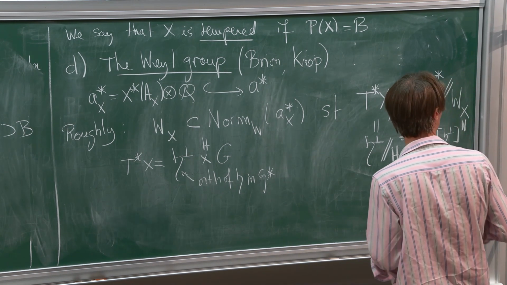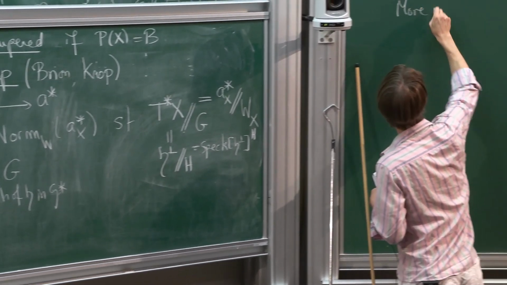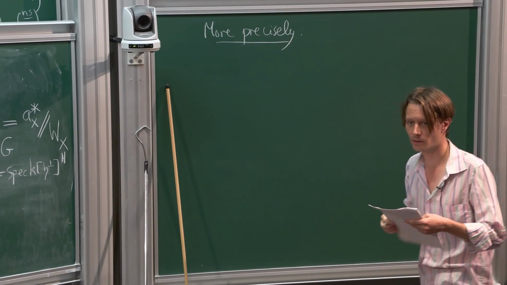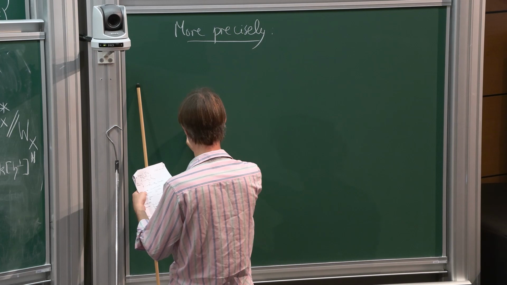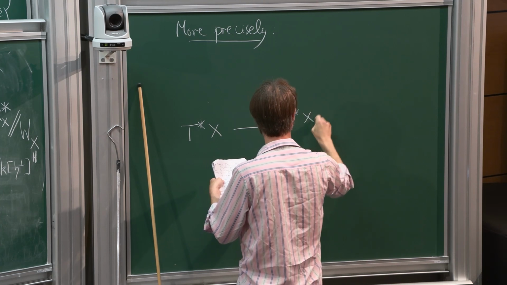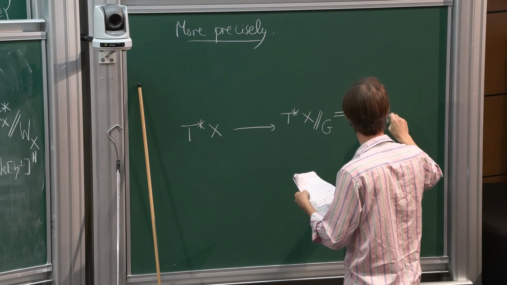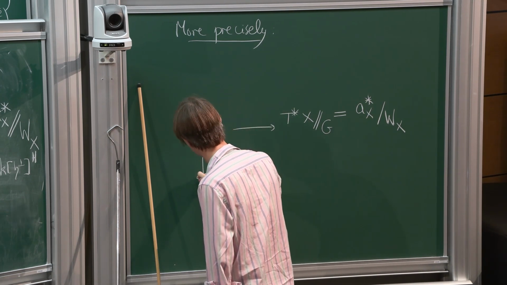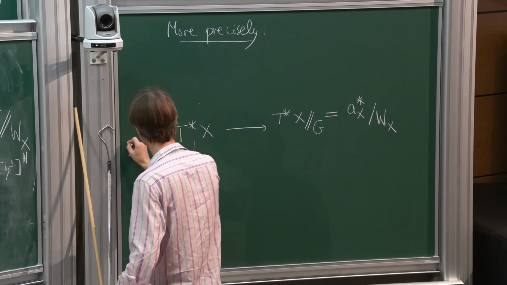Okay, so let me give slightly more detail, maybe right here. More precisely, I will not go much into the details, but I will just try to write a diagram explaining the definition. So we have, I should start here, the cotangent bundle, and then it goes to the GIT quotient. And as I just said, this should be identified with AX star mod the Weil group. But this should be compatible with other maps, right? So first we have a natural map here to G star, which is called the moment map, and which is dual to